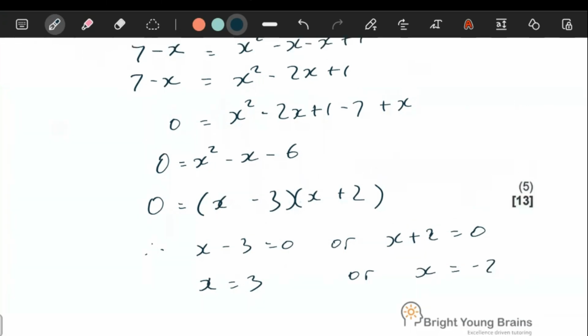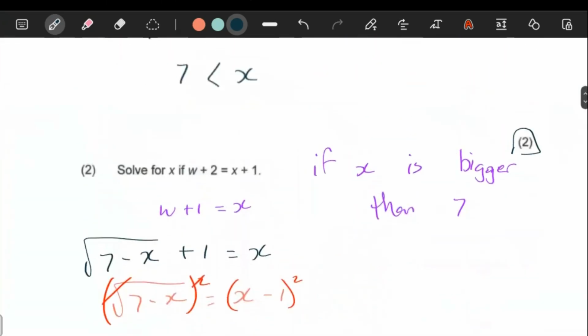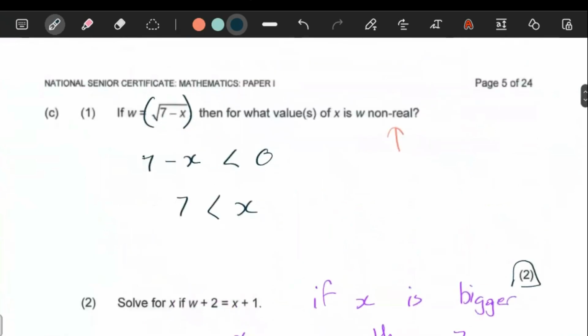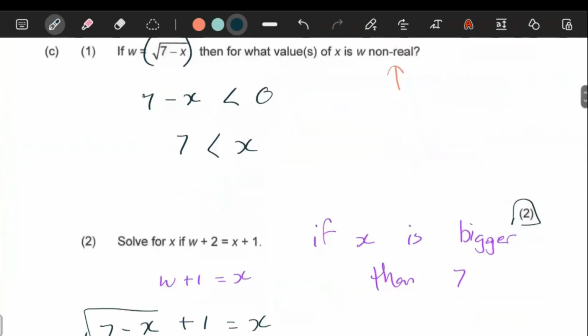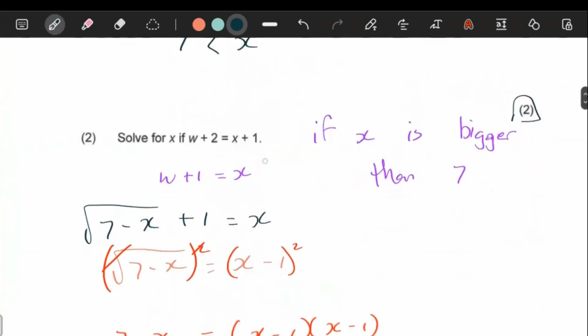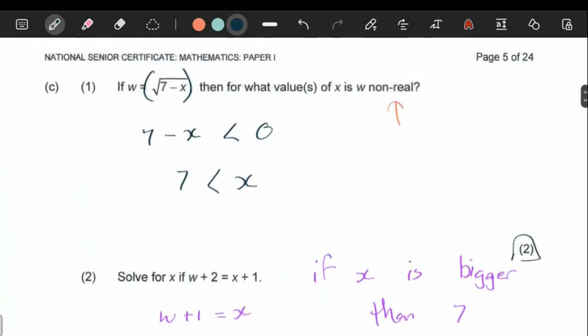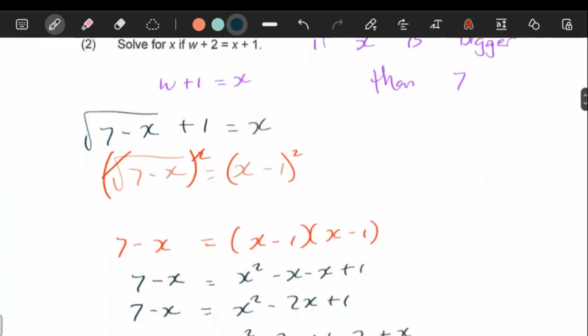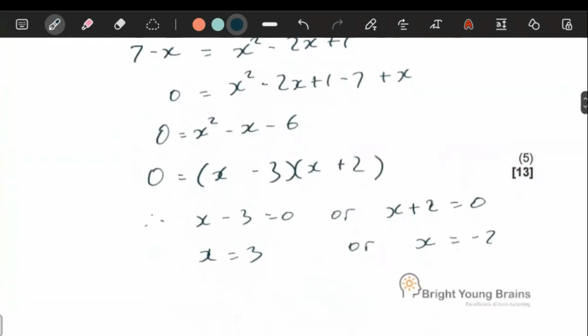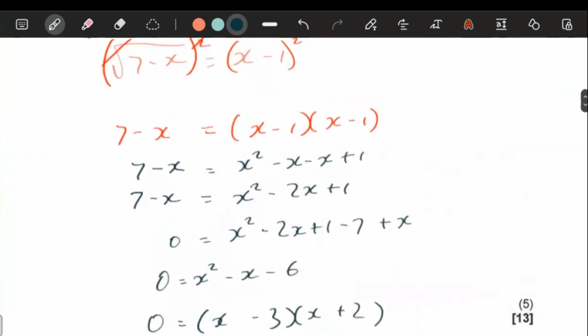The only issue is, our answer says x has to be bigger than 7 for the values for which it says, if w is equal to this, then for what values of x is this non-real? So fortunately, this question in particular, even though w is equal to this value, if we have our specific value of x here that is equal to 3, if you look nicely,